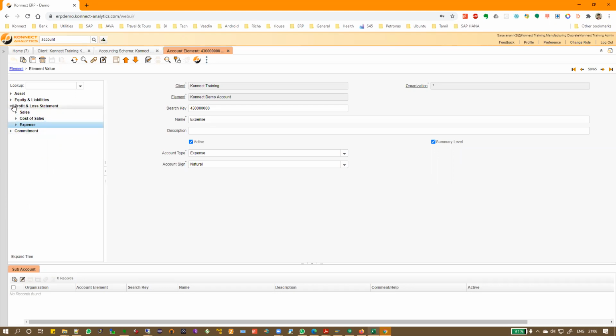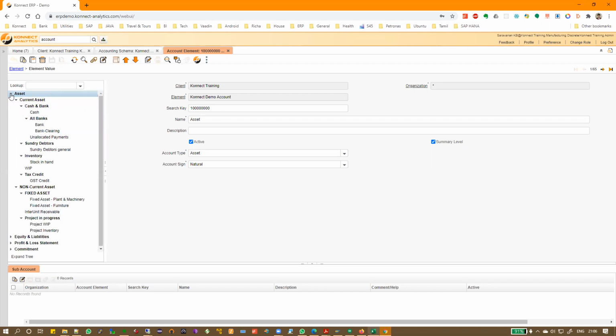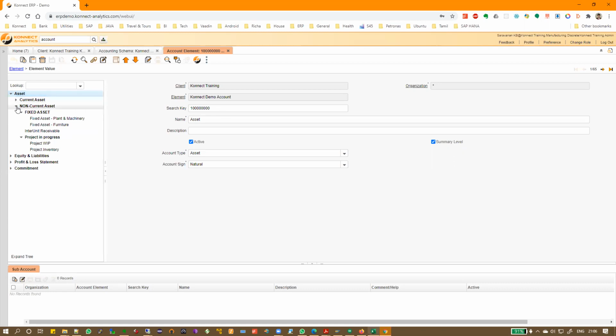So this is what we call a master data setup. We just have to define all the master data here, and we create it in a hierarchical way so that when the customer is looking at the report, they can also look at it in the hierarchical way. This hierarchy is customizable. We customize it according to the requirement of the client. For each client, we have a generic format, and then we customize it for each and every client depending on the format they give to us. All right. So any doubts so far?